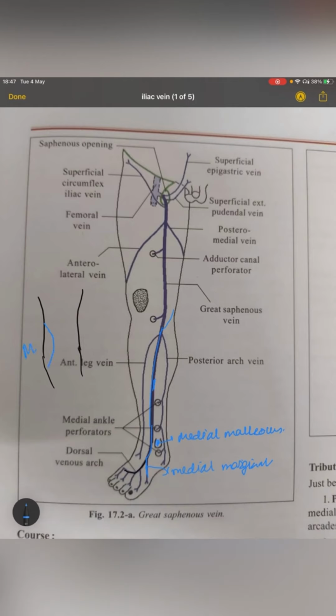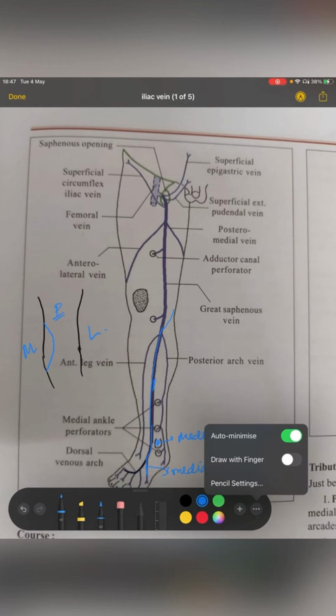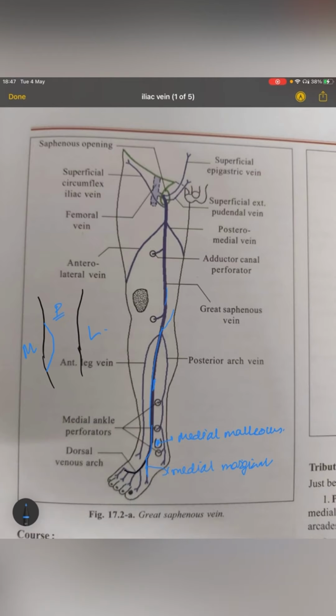If this is considered the medial and this is the lateral side, and this is our posterior side, then the vein just goes like this in the region of the popliteal fossa. Okay. Now what we will see, in the popliteal fossa, it goes in the posteromedial aspect, and then it again comes to the medial aspect of the thigh. Then it ascends up,